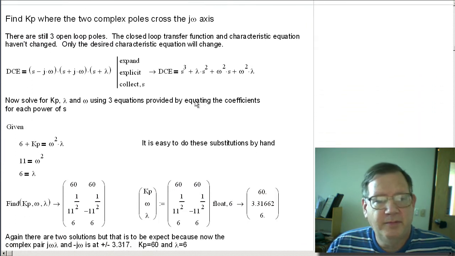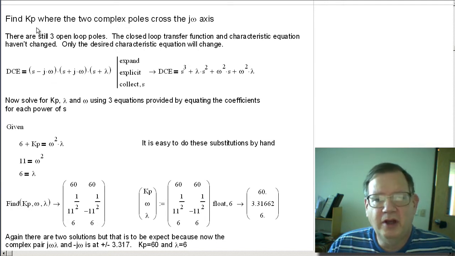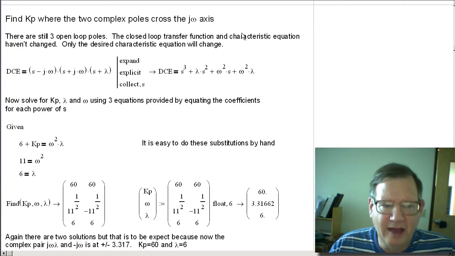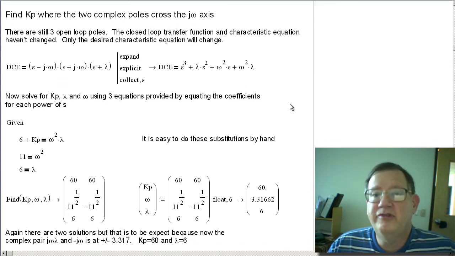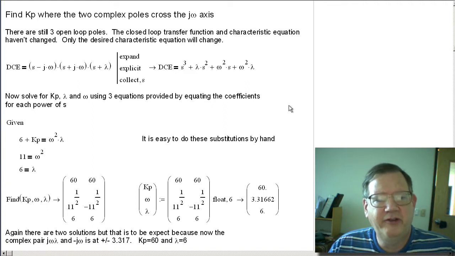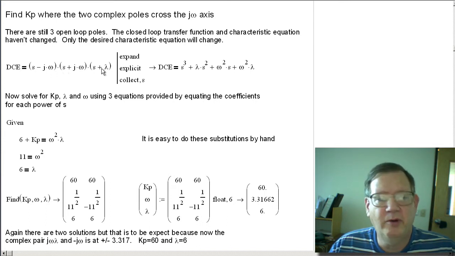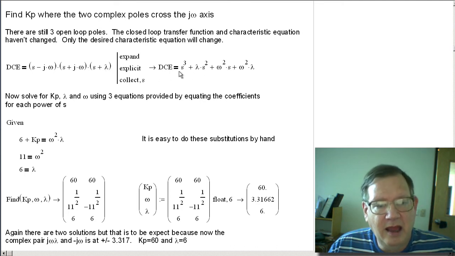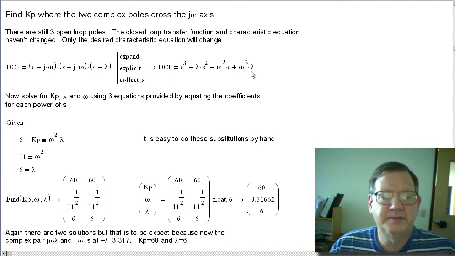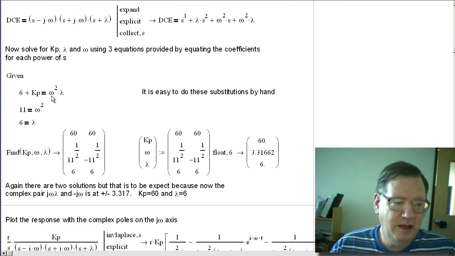The internet example that I saw also wanted to compute the gain where the two complex poles cross the j omega axis. And I'm going to use the same technique to do those calculations. And it's fairly simple. I have my two imaginary poles, complex poles, and one real pole, and I get a desired characteristic equation. I then set the